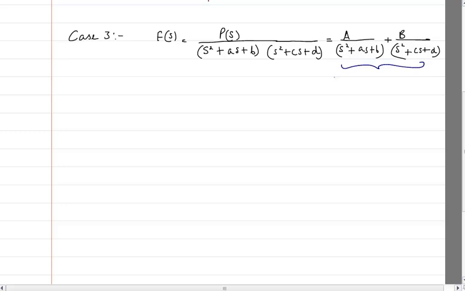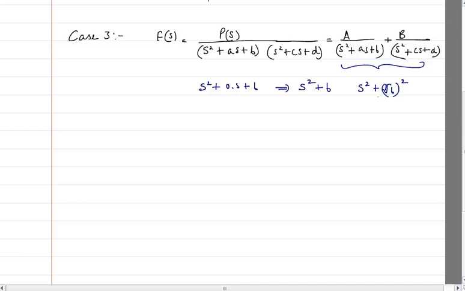But yesterday's problem we had done only for the special case where s square plus b, that is, yesterday we had dealt mostly with problems which were s square plus b, which we used to write as s square plus root of b the whole square, and we used to do it based on this formula.